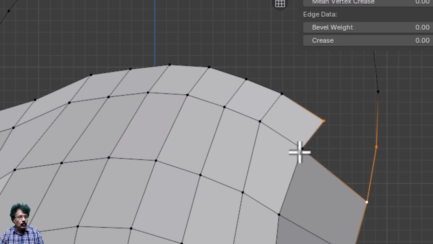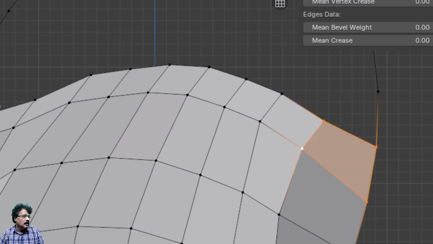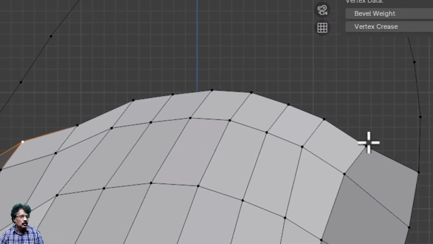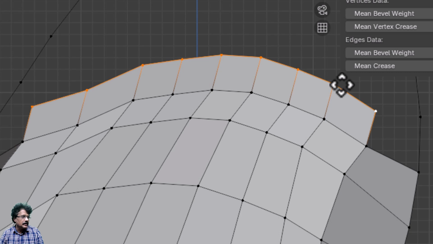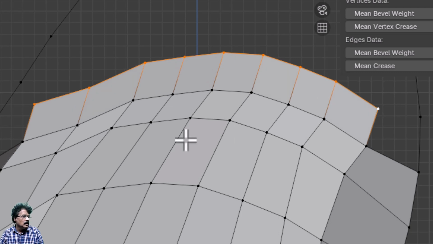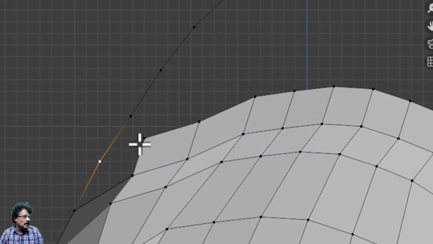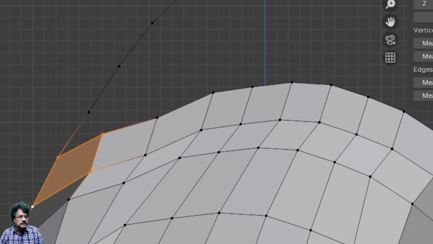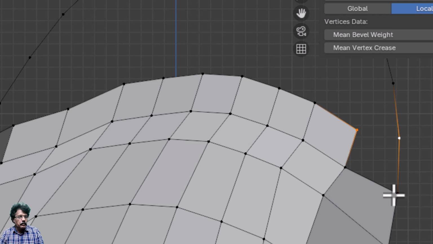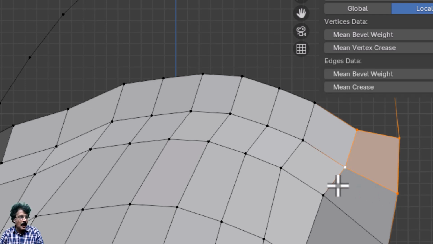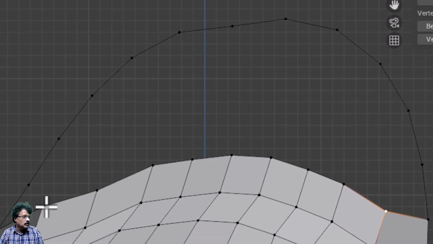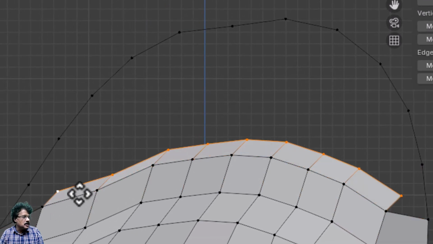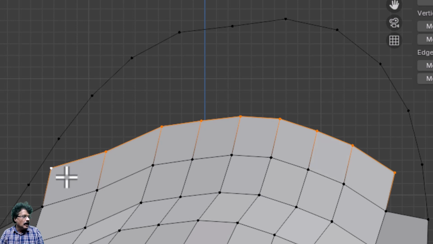press F and fill this. And from here Control click till here and press E and move it like this till here. Then again I will select these 4 points, press F, select these 4 points and press F, and then again from here Control click till here, press E and extrude it,